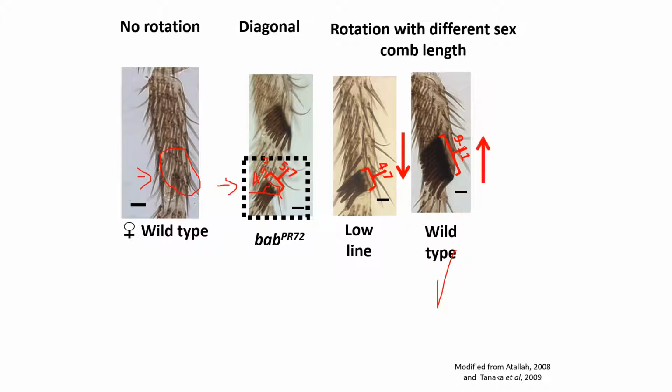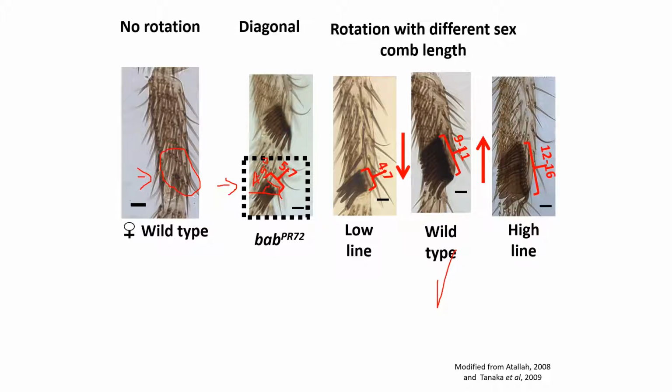And we also were able to increase the number of bristles, sexcom teeth, by artificially selecting every generation. We count the number of bristles and select for the flies that have the longest sexcom, and we were able to get these flies that have 12 to 16 bristles, sexcom teeth,